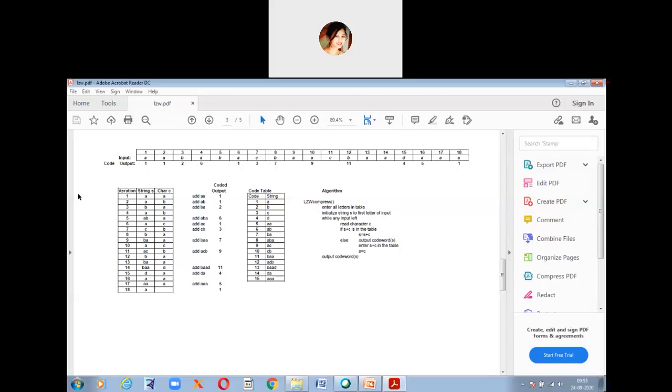The coded output. So coded output is nothing. You have taken down this table, right? So input is in this manner, and the output is already given. So the code output is already given. What you have to do is create a table and iterate the table. That is, you have to number the characters. Say we have 18 characters, so you number it from 1 to 18.